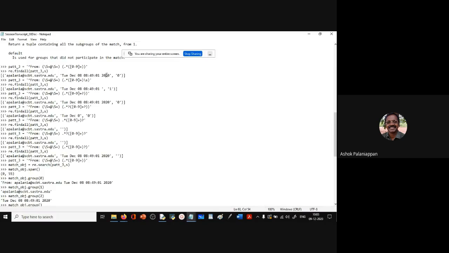And the rest of it is matched greedily by dot star. So only 0 is matching this particular group. And the rest of it is matching dot star because the dot star is greedy. Okay. But when the pattern is returned, the whole thing is within the second parenthesis. So the whole thing is returned. And what is within the third parenthesis? Only 0 is sufficient to match the third one. So the 0 is returned. That is how the matching is actually happening.